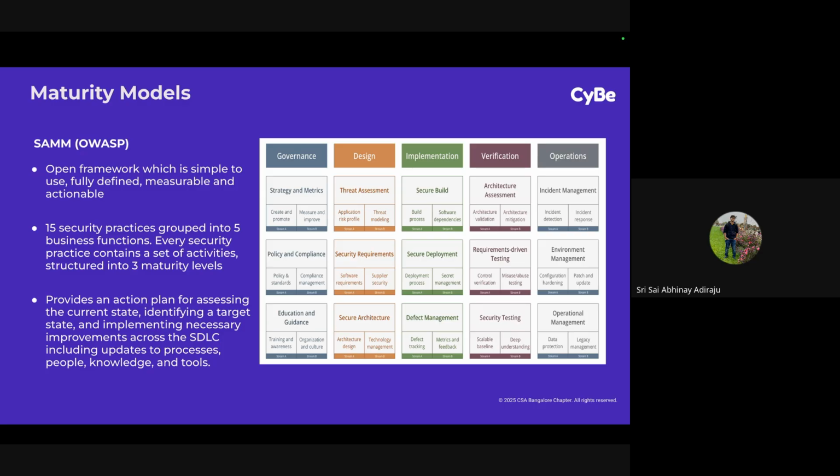Do they have a patch management process in place? Do they perform a threat modeling activity when they're building that software? So an assessment on the supplier is nothing but the supplier security assessment. This also is an important aspect in every company, usually done by governance, risk, and compliance teams when they're onboarding a